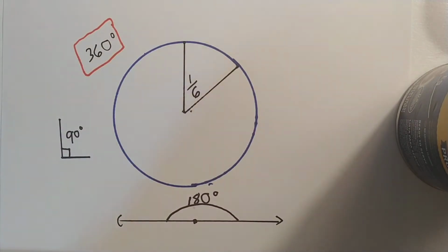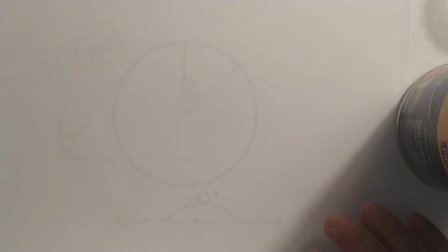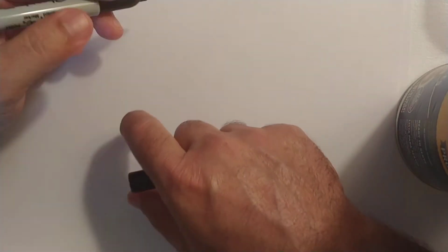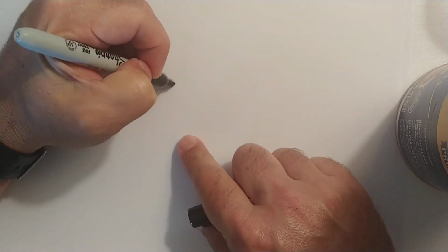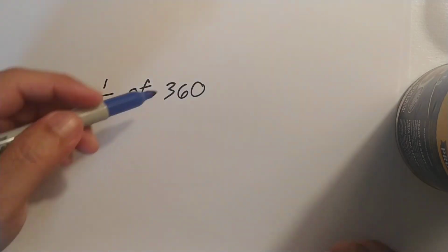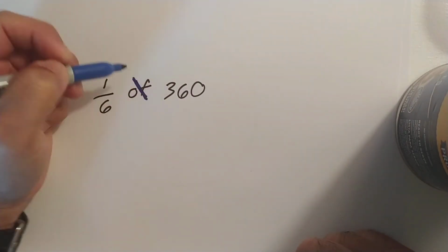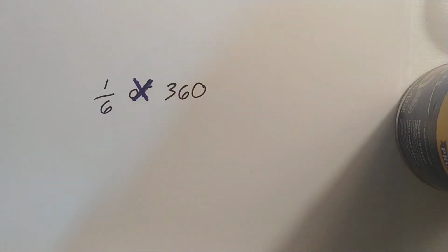So jogging our memory, going back in time a little bit, when we were in the multiplication unit that dealt with fractions, you can remember that Mr. Wiles will hopefully remember that there was a really easy way to solve questions like that. They said, you know, how much is 1/6 of, let's say, 360? Well, whenever you see "of," what is 1/6 of? We can just think of that as like a multiplication problem. Okay, that "of" can be replaced with a multiplication sign. So if you're asked what is 1/6 of 360,